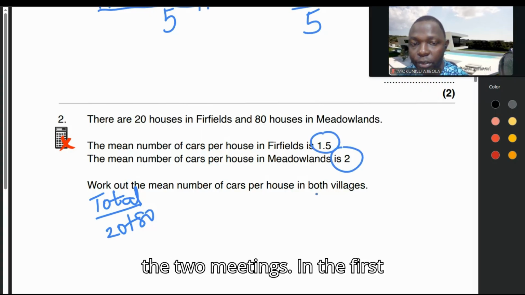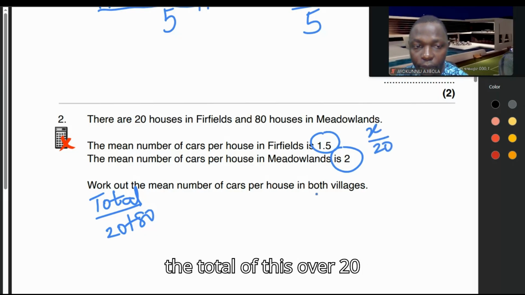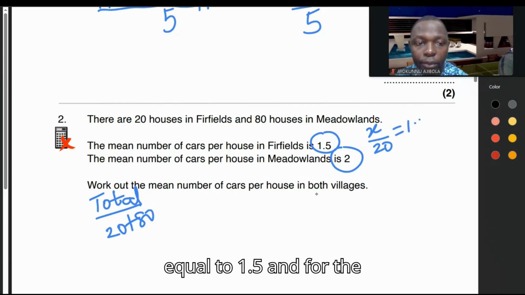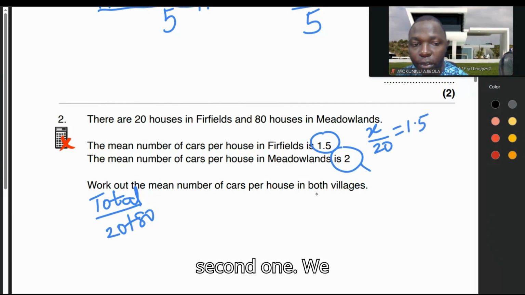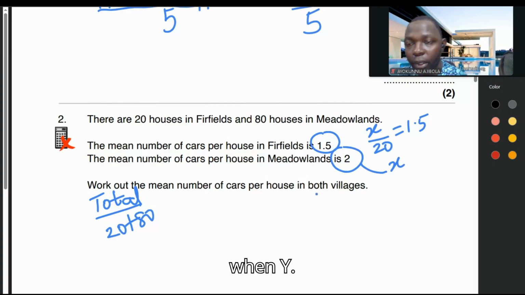In the first one, which is 20, we have the total over 20 equal to 1.5. And for the second one, we have the total, whether you call it y,